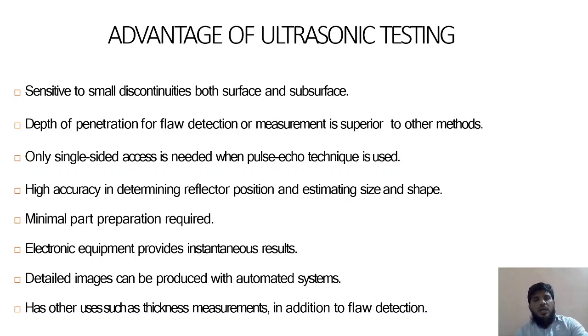Similarly, the higher end, that is beyond ultrasonic testing, is infrared rays or radar signals, which we generally use in the study of submarines, and the study of the distance between the airport and the aircraft. That is generally done using radar signals. So the lowest type is the ultrasonic testing, and the highest is the radar signals.